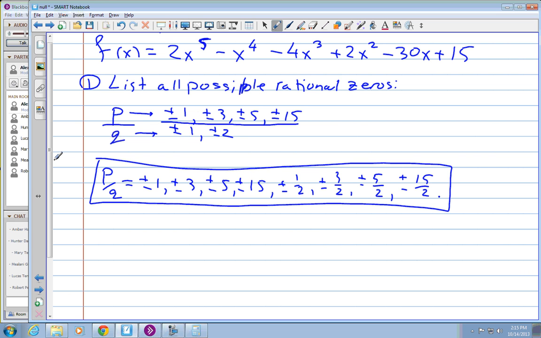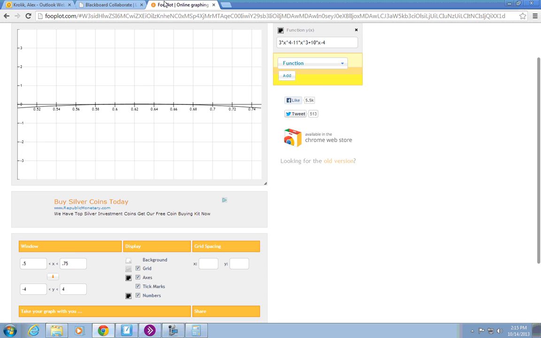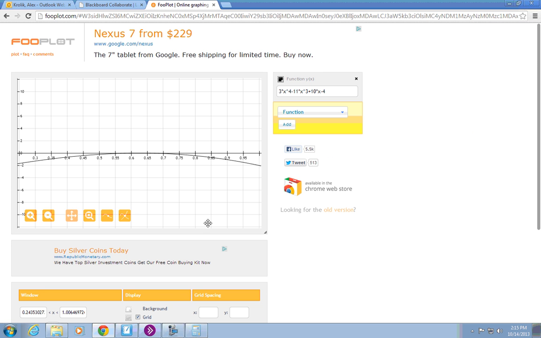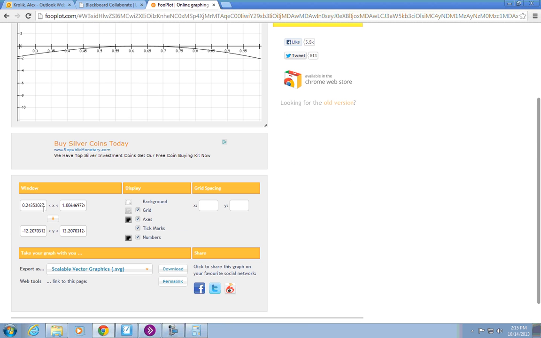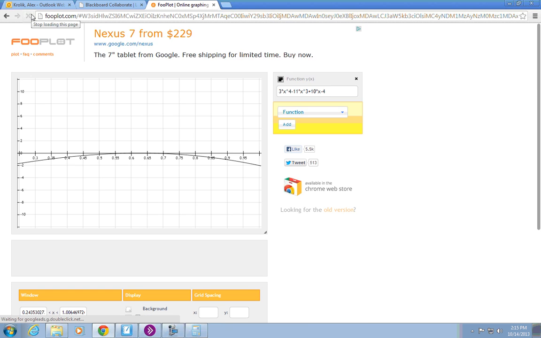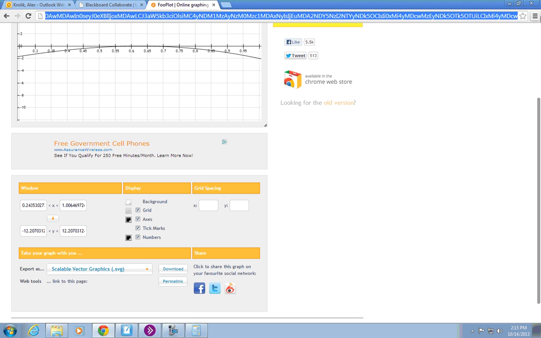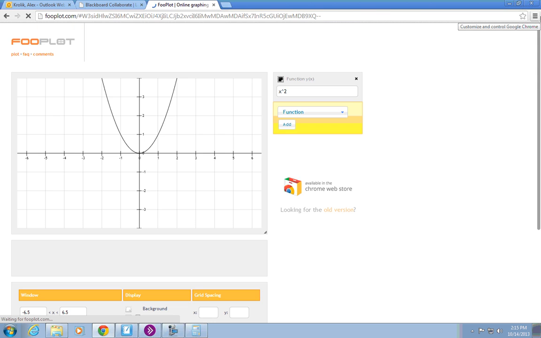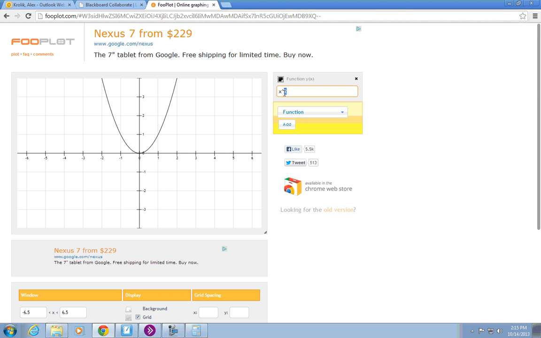Is that okay, how we got that list? So you get all the possible factors, 15 over 2. Well, it would be hard for me to just graph it. But this is the whole point of, let me just reload this thing. Oops. I'll just plug it in. So if I type that in,